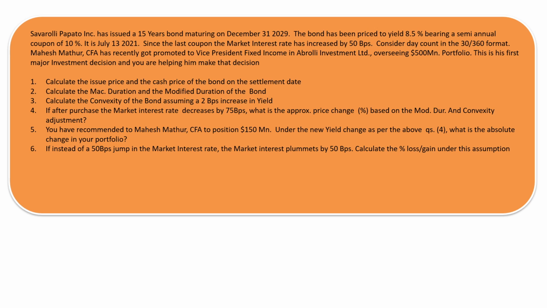It is July 13, 2021. Since the last coupon, the market interest rate has increased by 50 basis points. So again, the same problem as that of finding out the accrued interest, finding out the value of a bond which is not on the resetting date of the bond itself. So anytime interim two coupons is what we are talking about. Considering the day count convention as 30/360, and then it goes on to say that